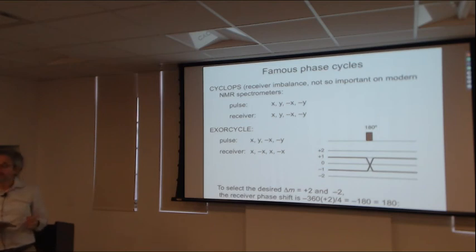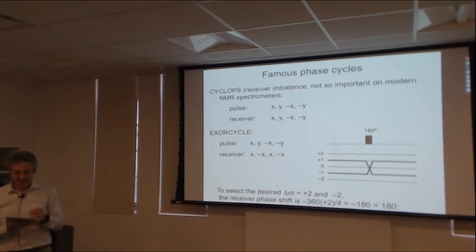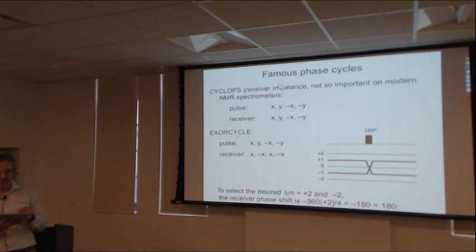So in the early days, pulses weren't very good. There were artifacts from the phase shifts. And this phase cycle called Cyclops was invented. I don't remember why it was called Cyclops. I mean, people spend a lot of time thinking of acronyms for NMR. So it means something. But it simply takes the receiver X, Y, minus X, minus Y, tracking the pulse,